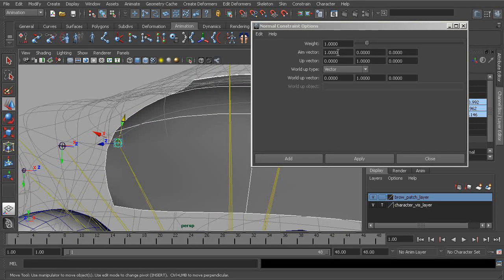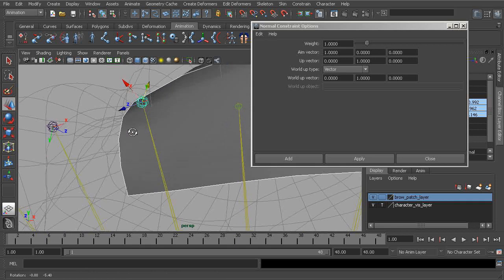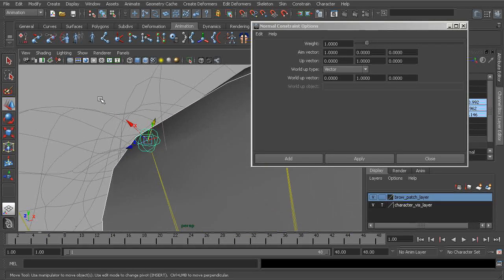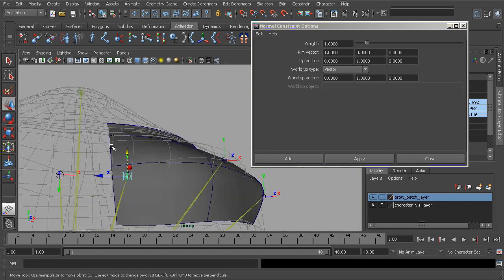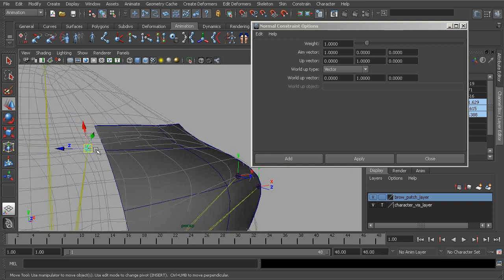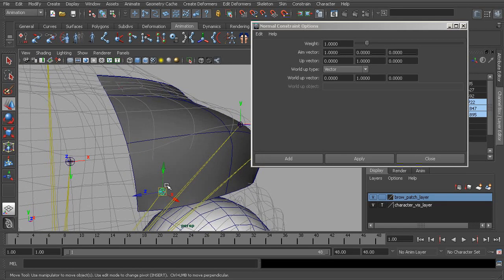You can see right now the x-axis is what would be pointing at our surface. That's what we have that set to. So you can see how our joint has been rotated to accommodate these settings. Watch this. As we grab the joint and start to move it, you'll see that it will be oriented to the surface, but we can also run into some very bad twisting when we get to a certain point. So you can see here, as we start to leave that surface,